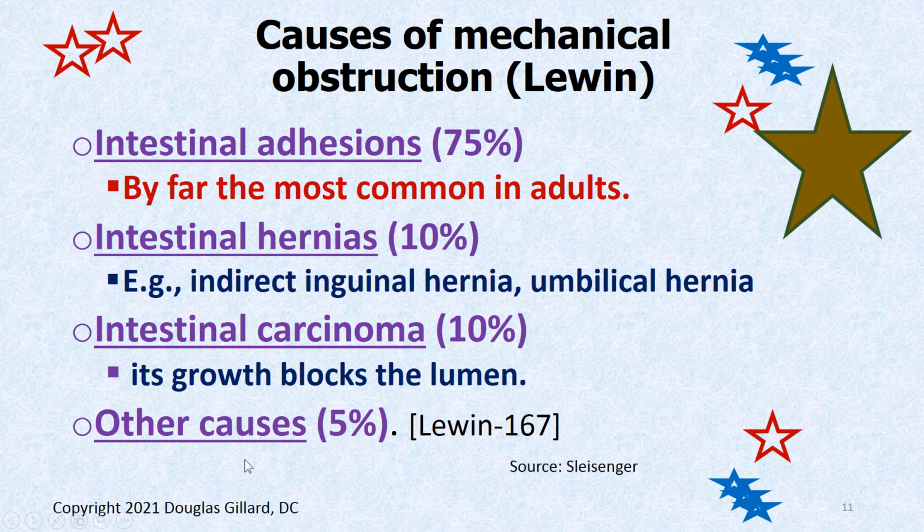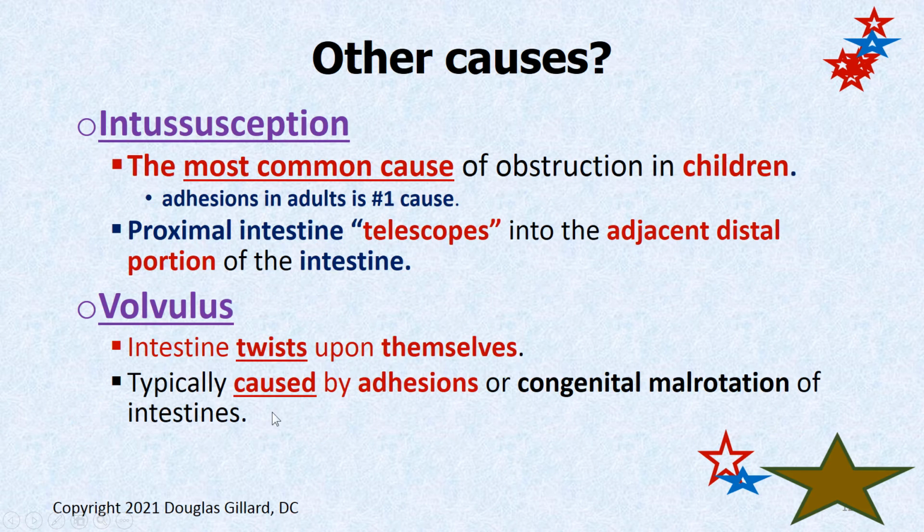And then we have these other causes. So let's take a look at these other causes. So intussusception and volvulus. Intussusception is actually the most common cause of small bowel blockage in children. Intussusception, we'll take a look at that. And volvulus is pretty close as well, but it's not as common as intussusception. It's where the proximal